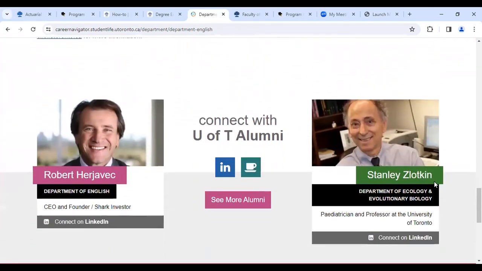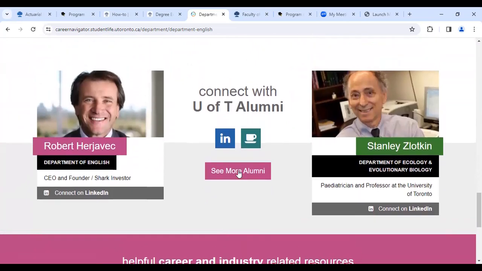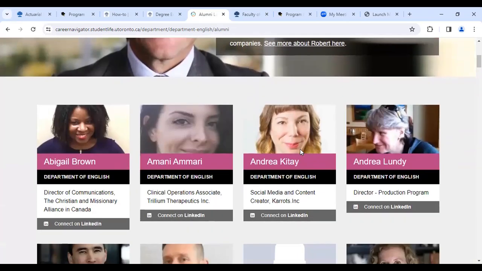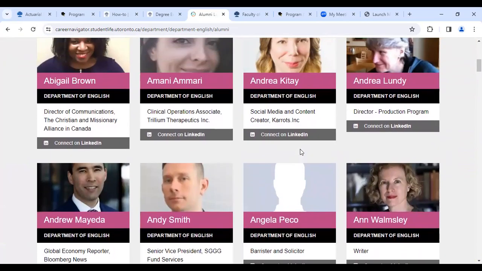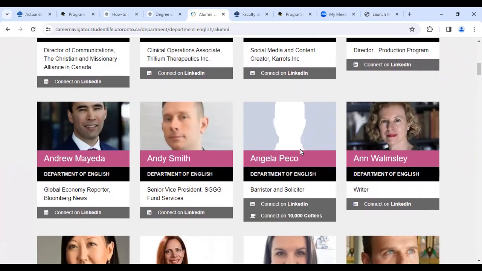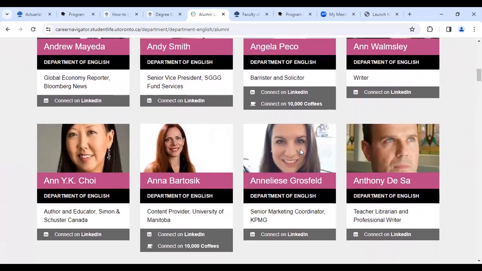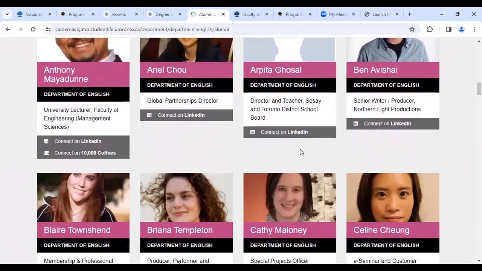Another cool part about the Career Navigator is under the alumni section. Through this part, you're able to see all the different avenues, all the different pathways that the students have gone into. In some instances, it may not be a typical career path that you would associate the program with. And that's why I find this to be a really resourceful place just to see what other avenues or areas you could go with that specific program.